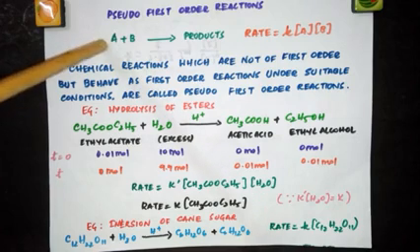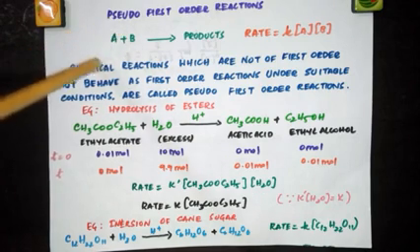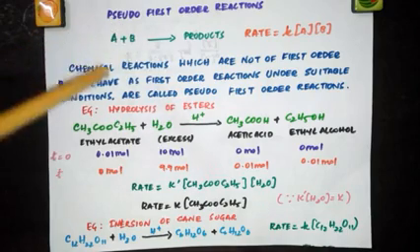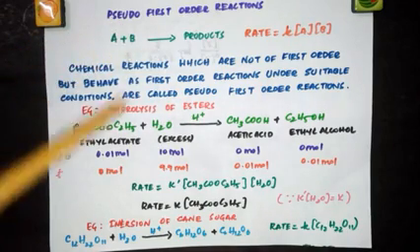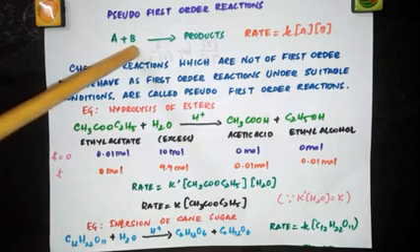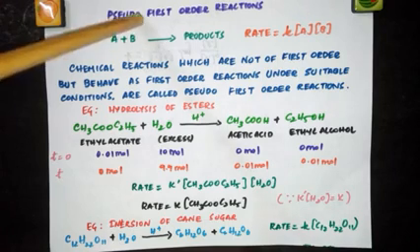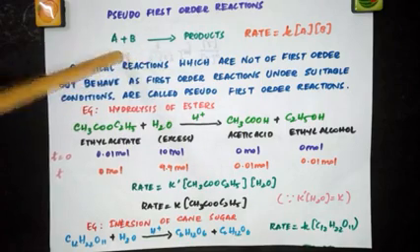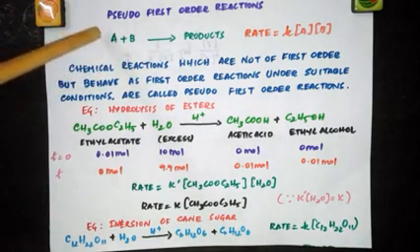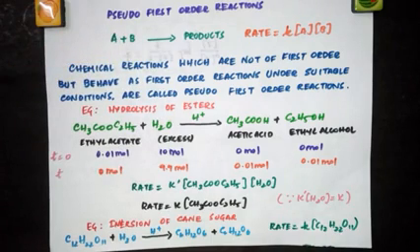So when one of the reactants is present in excess, its concentration is not going to affect the rate of the reaction. So the rate of the reaction depends on only one concentration. Even though it appears to be of second order, it is actually first order. Such reactions which are not truly of the first order but under certain conditions become reactions of the first order are called pseudo first order reactions. Pseudo means false. So this is actually not a first order, but because one of the reactants is present in excess, this becomes a first order reaction.